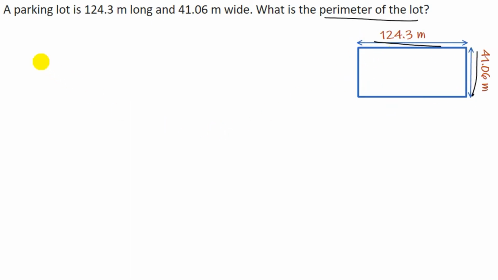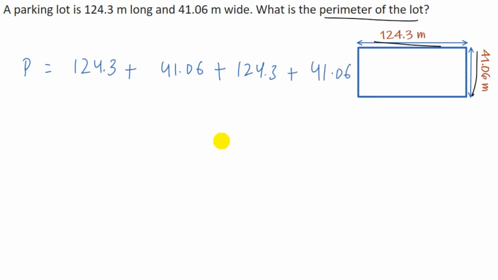The perimeter P will be equal to 124.3 plus 41.06 plus this side, which is 124.3 plus 41.06, and that will be equal to